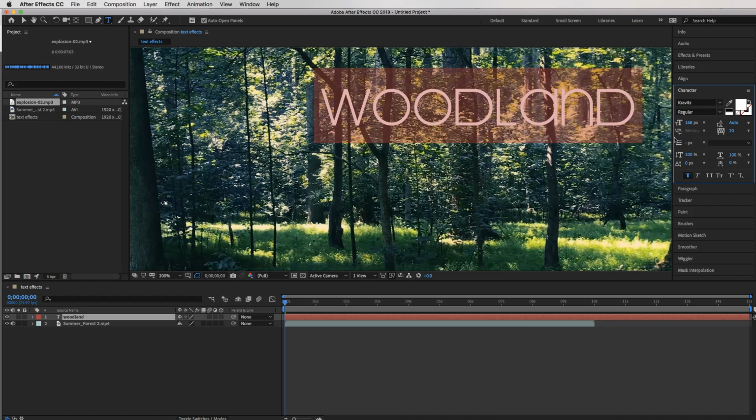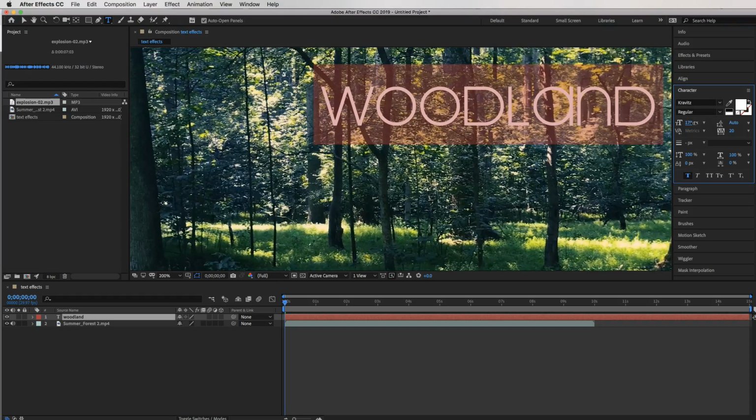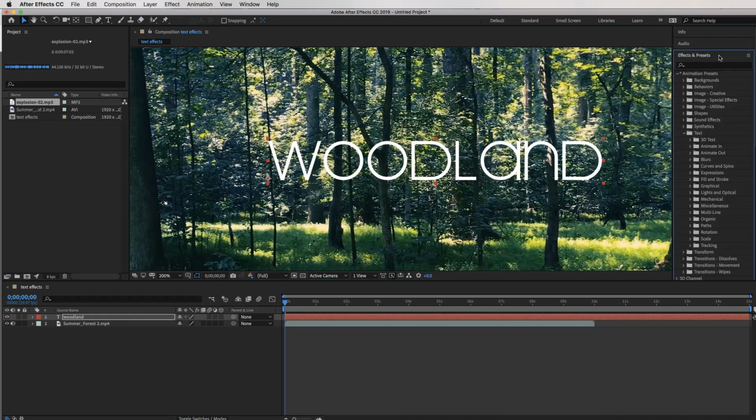Now, if you wanted to change the size of this font, remember you've got this font size here in the panel on the right hand side, so you can make it smaller and bigger by just scrolling left and right. And you can change the colour here and the spacing, and if you want regular or bold. I'm quite happy with how mine is, so I'm going to go with that. So I'm going to go to the move tool and position my font where I want it to start, and then we go back to where I told you to open the effects and presets, open animation presets and text,